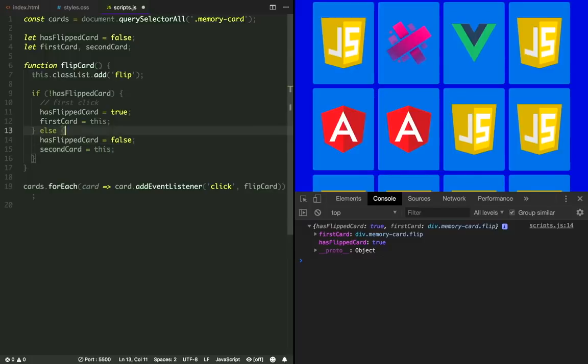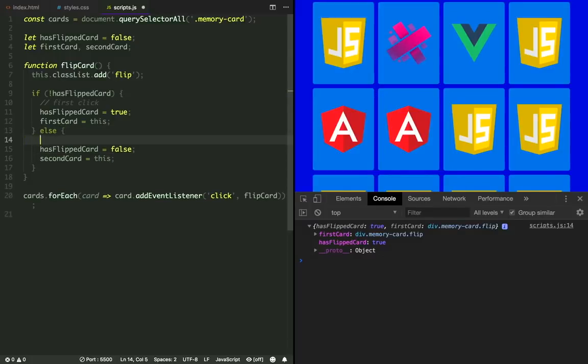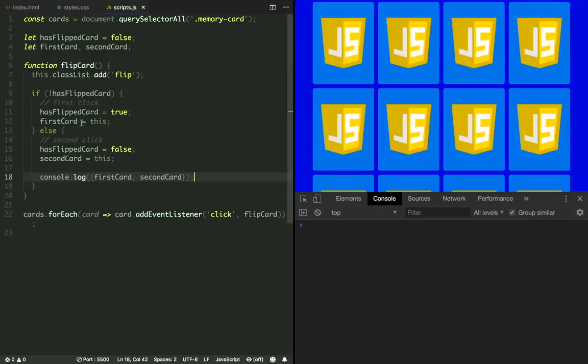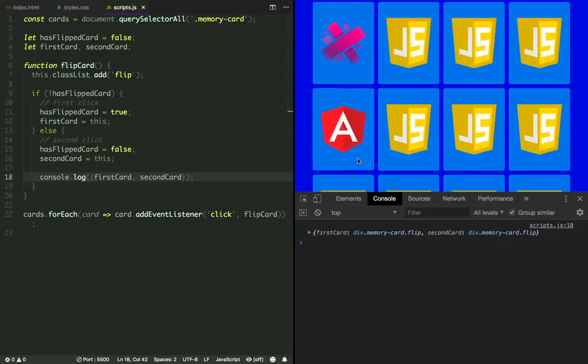So we are going to set hasFlippedCard back to false, and we are going to set the secondCard variable to this. And let's console log those. Okay, so it fires only at the second click, and we can see we have both cards we just clicked.